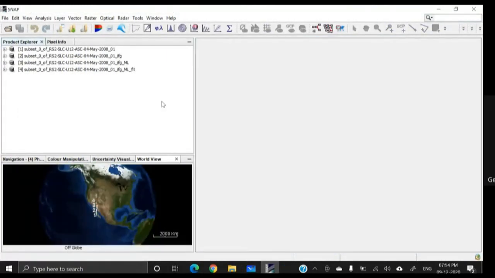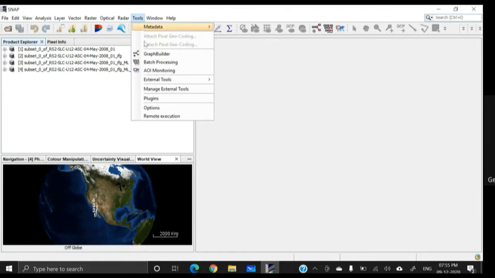Next, we are going to use the SnapHu plugin. In the SnapHu plugin, we have to perform 3 different tasks. But before performing these tasks, let us configure SnapHu and check whether it has been installed properly or not. Go to the tools and then click on manage external tools.